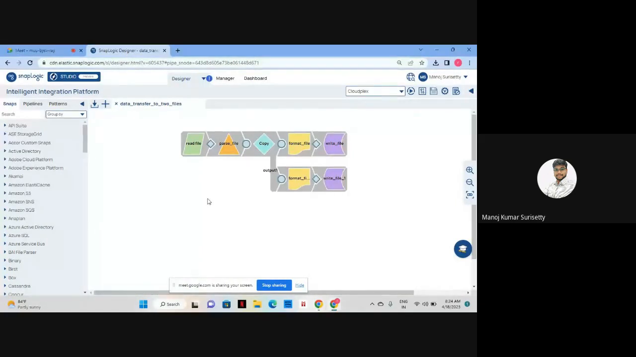So I have created like this. The first snap is read file, which generally reads the data, and then parse file to convert from binary to document. And then here I have used a copy, sir, for different formats for the different sources. Here itself I have used the copy, since binary copy transfers the data from document to binary, and